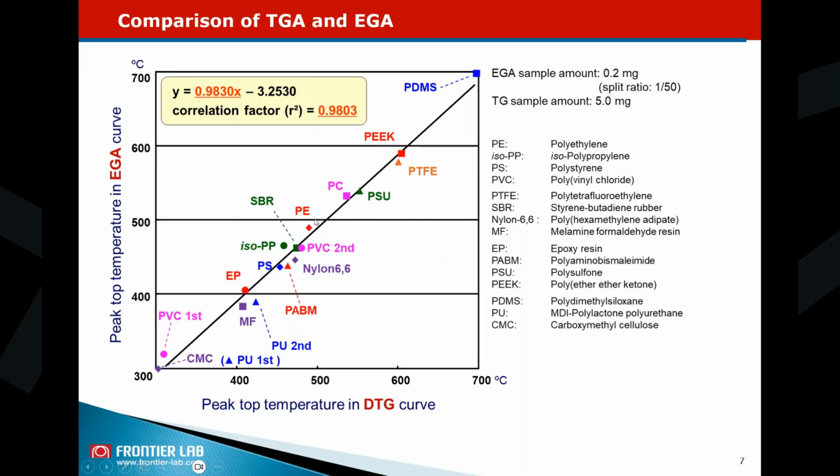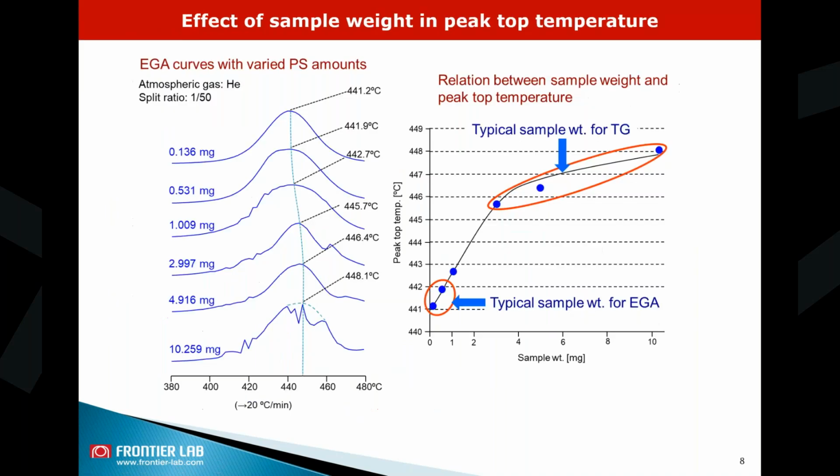So the reason for this small difference in the peak top temperature is the sample amount, because as I said, in EGA analysis, we are taking 0.2 milligram, whereas in thermogravimetric analysis, we have to take 5 milligram. To demonstrate the way sample mass is actually the limiting factor in this temperature difference, we have taken different mass of sample within EGA, okay, and we can see the peak top temperature is